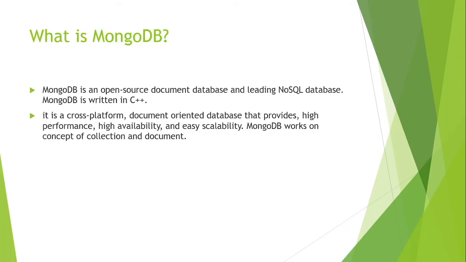What is MongoDB actually? MongoDB is an open source document database and a leading NoSQL database. What is an open source document database? It means that MongoDB is open source, and open source means that you can easily use it freely, and you can upgrade it after making some changes and you can make it better. Also, a document database is a kind of database which stores the data inside a document, and we'll understand this term in